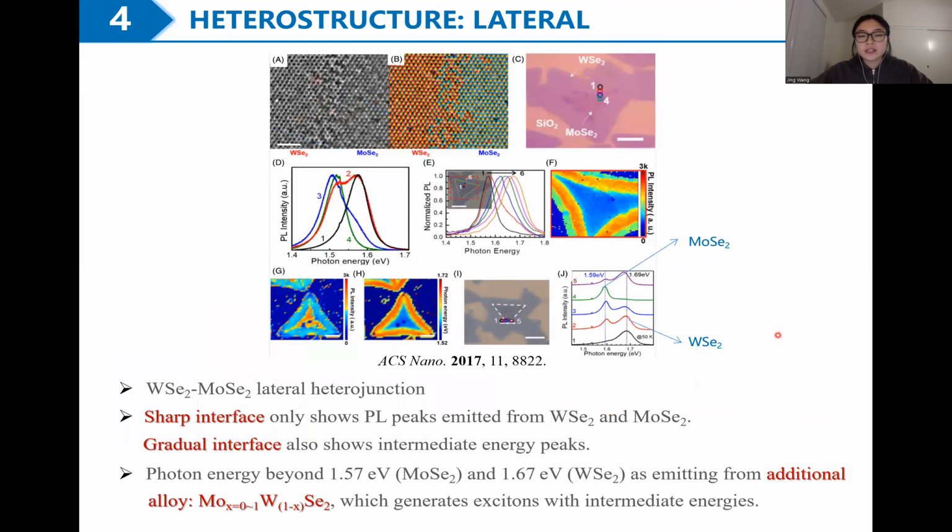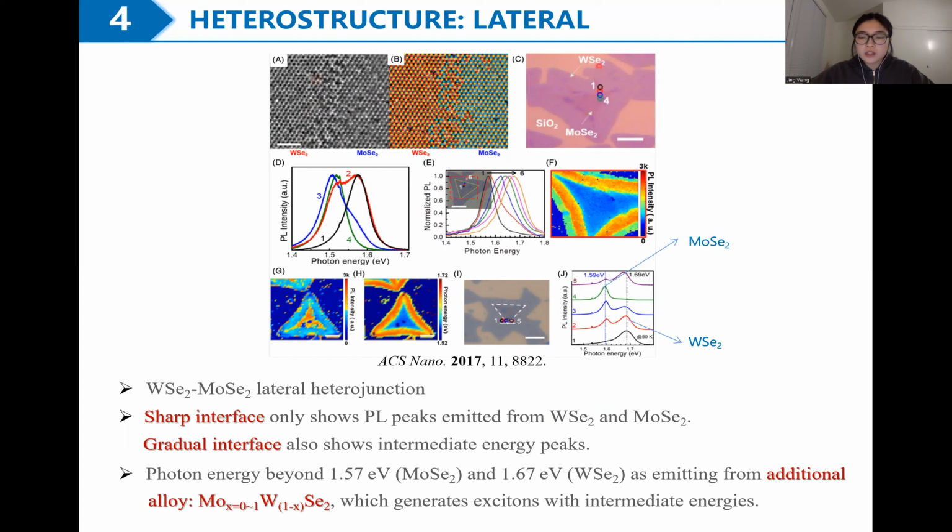Next, let's see heterostructures, which I'm most interested in. Lateral heterostructure is similar to grain boundaries, but the interface is smoother with fewer imperfections. Take the lateral heterojunction composed of WSe2 and MoS2 as an example. Figure D shows the PL spectra of these 4 points, beginning from the WSe2 to the central area of MoS2,